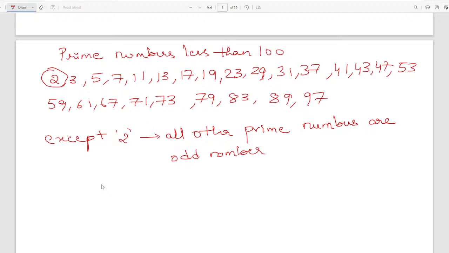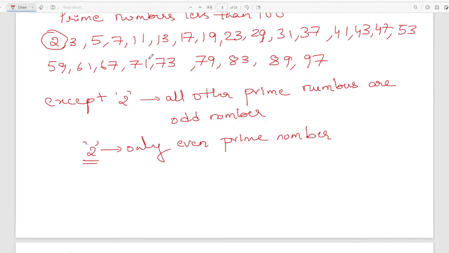So 2 is the only even prime number. Please remember this important fact. It may be used, and it gives a hint. For example, if they give you that